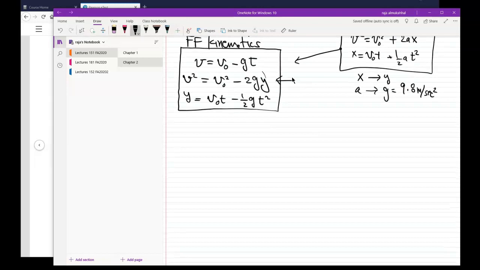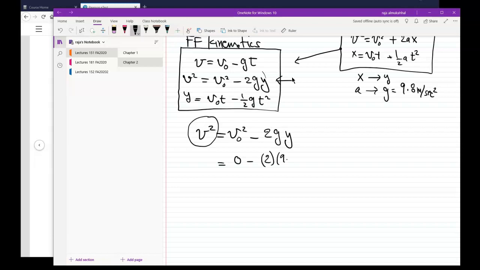I'm going to write it down again. So I have V squared equals V naught squared minus 2gy. And then I'm going to put in my numbers. Remember, I'm trying to find the velocity just before it hit the ground. So the initial velocity here is 0, because I'm holding it between my fingers initially at t equals 0, minus 2 times 9.8 times what? The y. What is the y? Negative 10. So in this case, I will have the minus here, and the minus here will become positive. So I have plus,